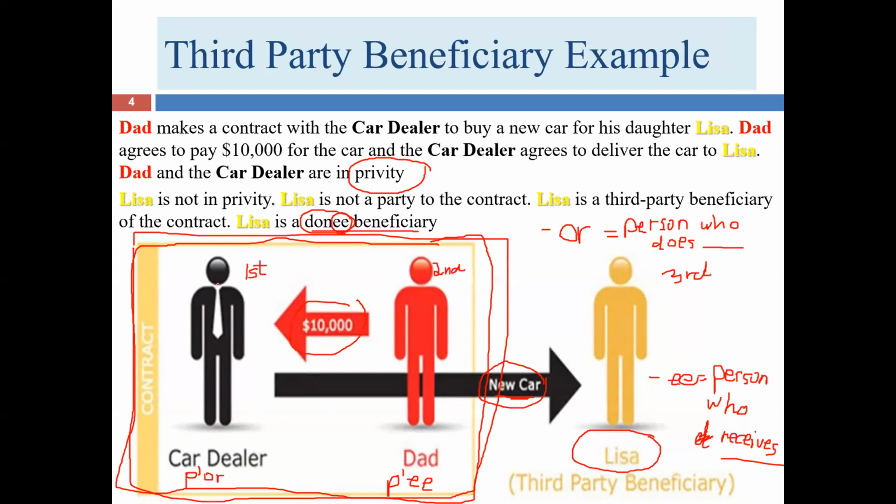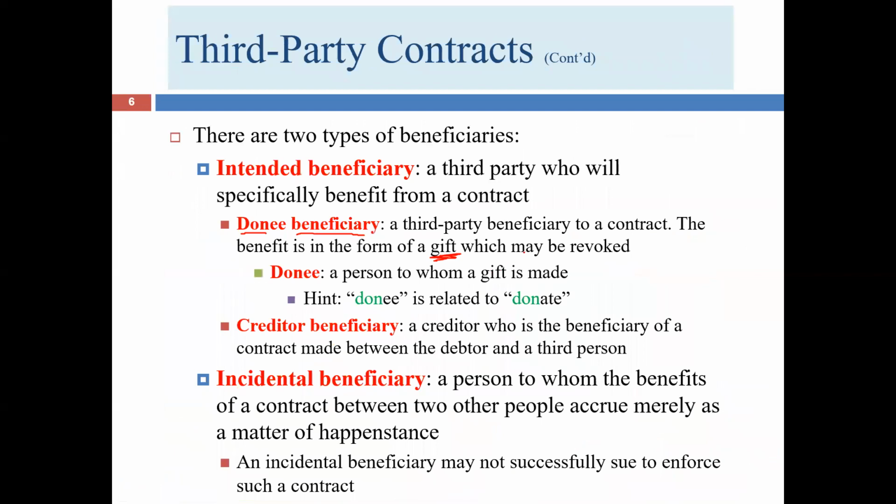So Dad calls up the car dealer and says, you know what? I know I told you to deliver the car to Lisa, but I don't want you to do that now. I'm going to take possession of the car. Is the car dealer okay with that? Sure. Car dealer doesn't care who gets it. It's no longer the car dealer's car to deal with. If Dad wants it, instead of it going to Lisa, no skin off the car dealer's nose. You can see in that situation that the promise has been revoked,